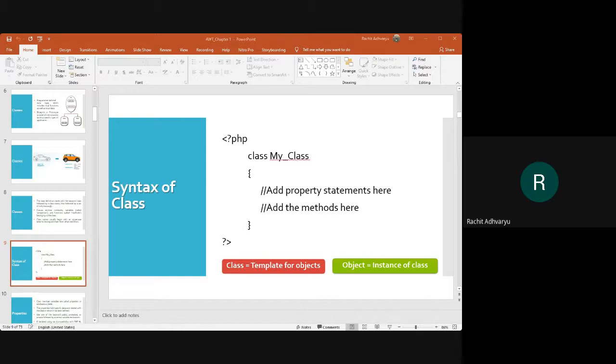I'll just write it down here. Write a program in PHP to check a number is even or odd.